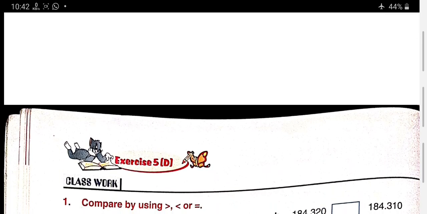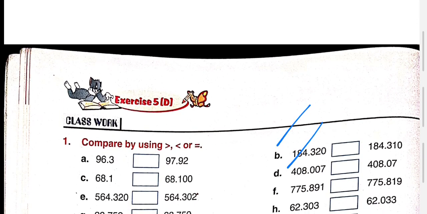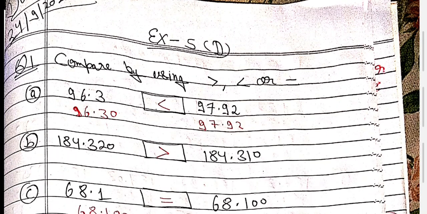Okay, so for solving this question we have to convert it into like fractions by adding zeros. Okay, so just see here, first question is 96.3 and 97.92. Now just see here, after the decimal one has only one place, the other has two places, so they are not like fractions. First come to the like one, just increase a 0 from your side, because adding zeros is useless, zeros do not affect the main number. So you can write 96.3 as 96.30.